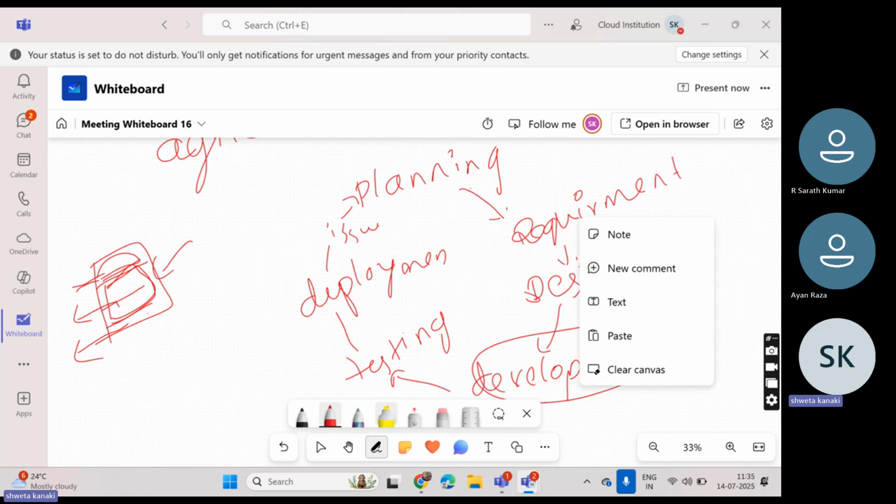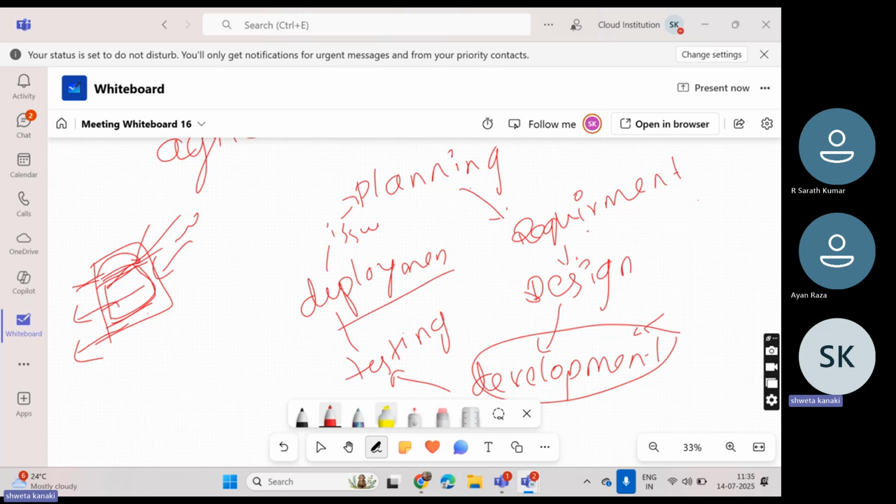Each and everything will go in the circular manner. For example, if this is not working properly, the development team will work again. Even if it is deployed, the development team will again work on that particular thing and deploy it again. Getting my point? Understanding?